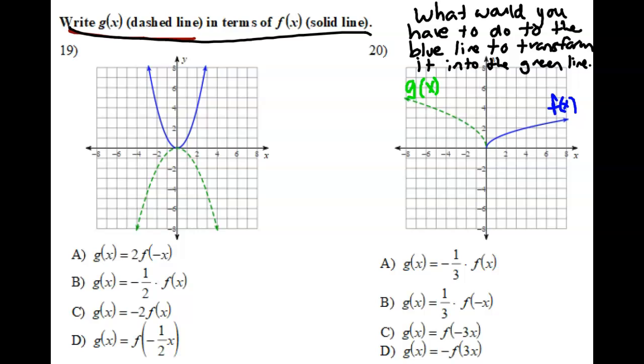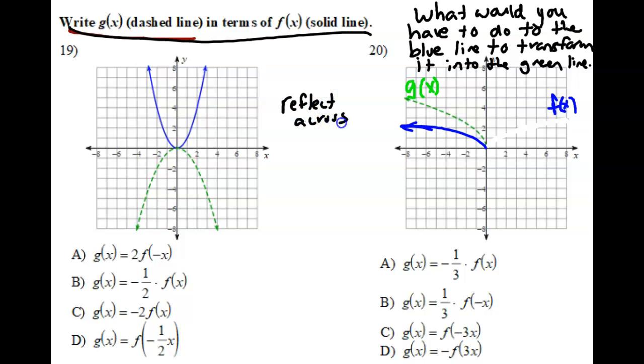Well, first of all, as you can see, they're going in opposite directions. So I would have to take this blue line and flip it over this way, like that, right? So it would have to flip the opposite direction. So that's one transformation I would have to do. I'd have to take that blue line and just flip it over in the opposite direction. So that's like a reflection across the y-axis. So I'm going to write that down. We want to reflect it